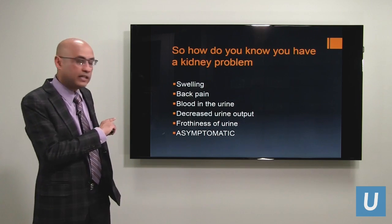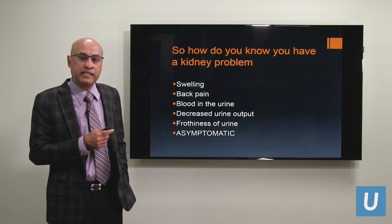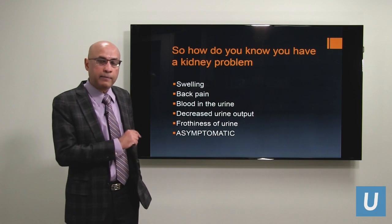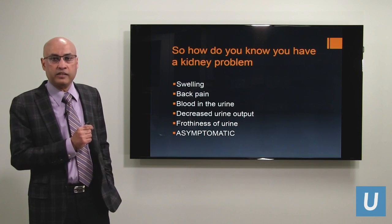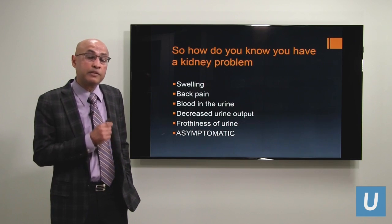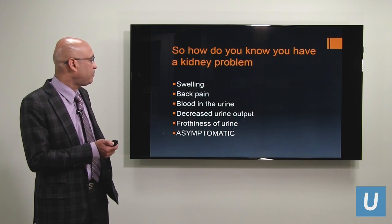But the key thing is that in the majority of cases, kidney disease tends to be asymptomatic, even in advanced stages. So why am I mentioning this? It's very important that you get regular blood tests. And that's the only way in the majority of cases that you can see, number one, if your kidney disease is advancing, and number two, how advanced it is. So with that bit of background,